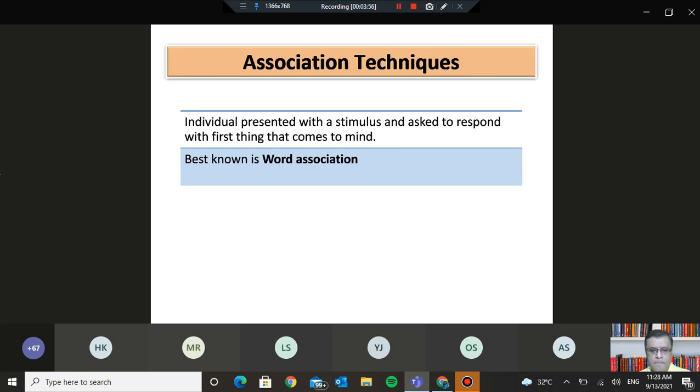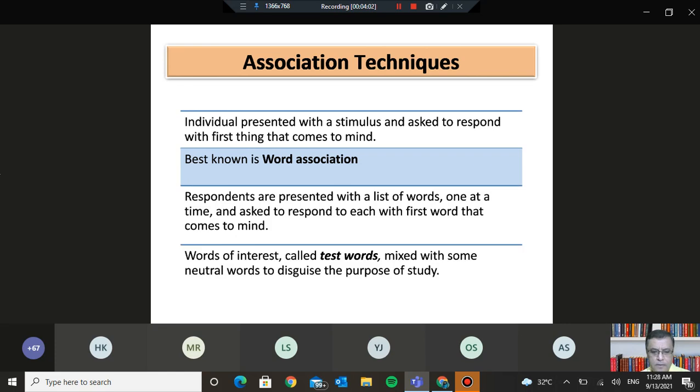For example, suppose there is a retail outlet, and you are trying to understand the behavior and attitude of shoppers. This is what you are investigating. So the words that may be of interest to us as researchers in that context may be, say, location, parking, shopping, quality, price. Now these may be the words which are really of interest.